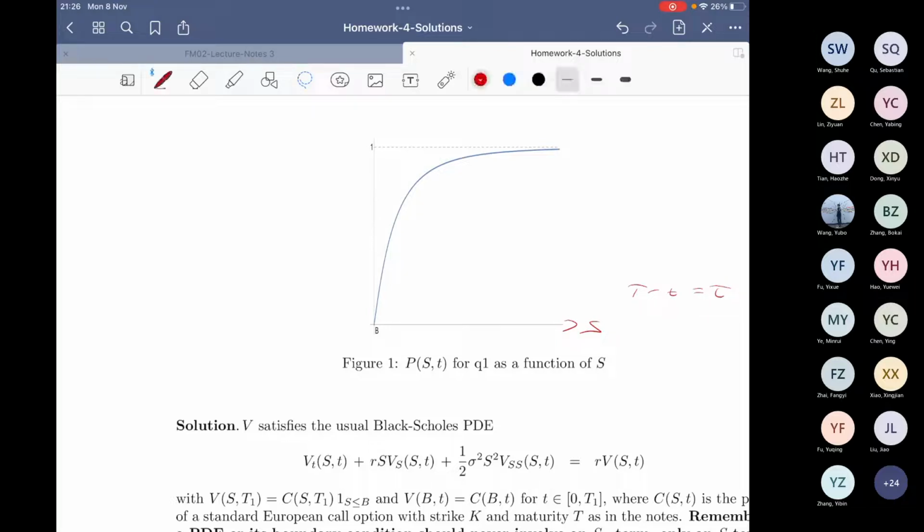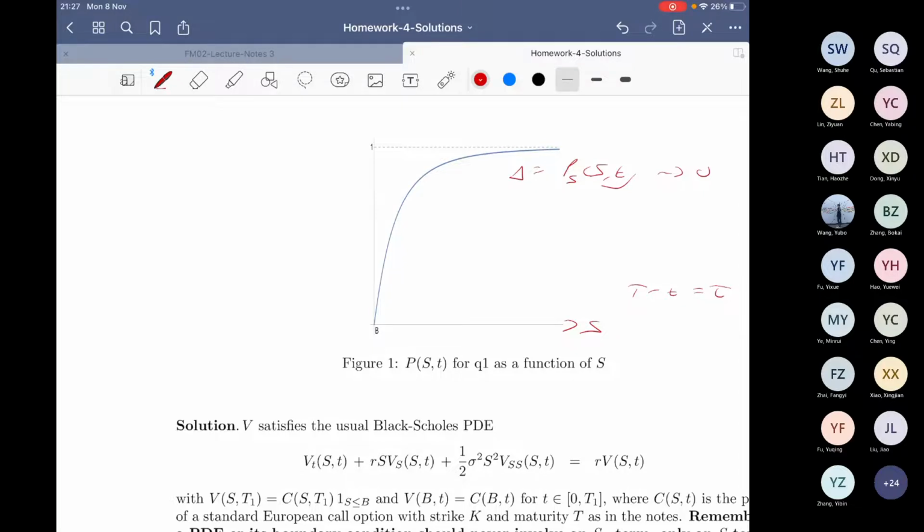So the slope of this thing is P_S(S,T), i.e. the derivative of P(S,T) with respect to S, which is what we usually call the delta. But if the slope of this is tending to 0, as you can see from the graph, then the gamma must be tending